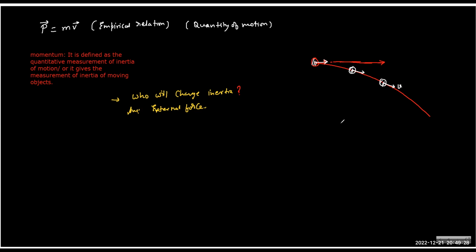Now, if you remember the definition, based on the origin, how many types of force do we have? Only two types, right? Contact and non-contact. There are only two types of force in nature. Either it is contact or it is non-contact. And what you can realize by common sense is that there is no contact force. So which force are we left with, if contact is not there? Non-contact.